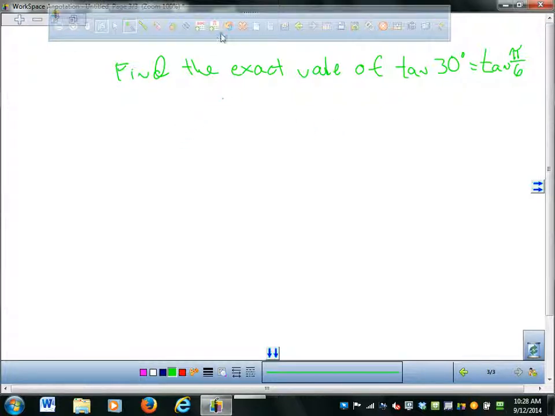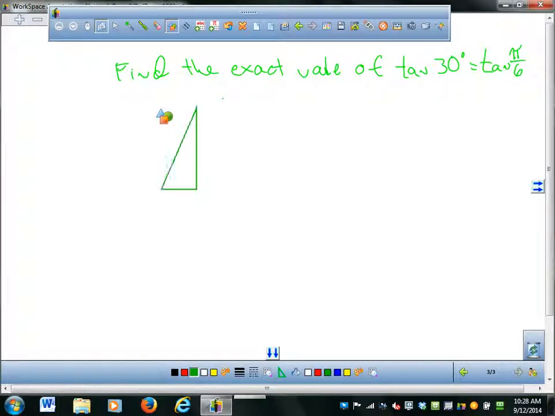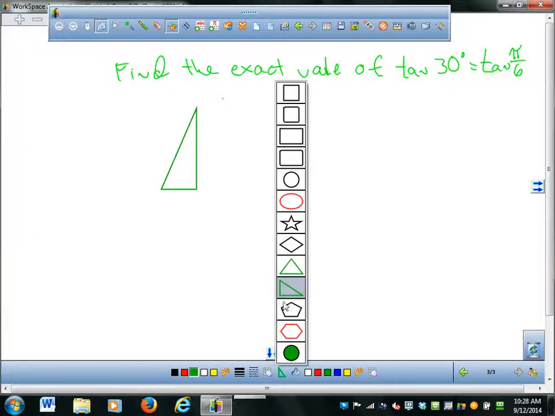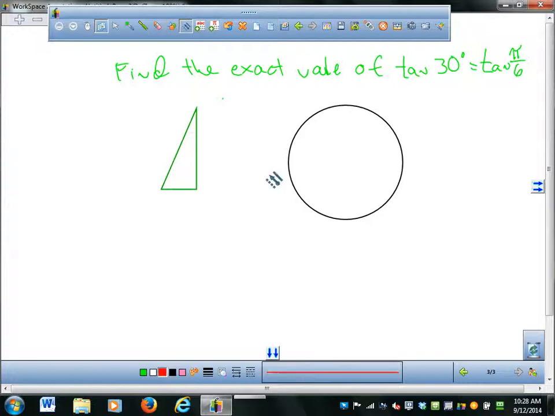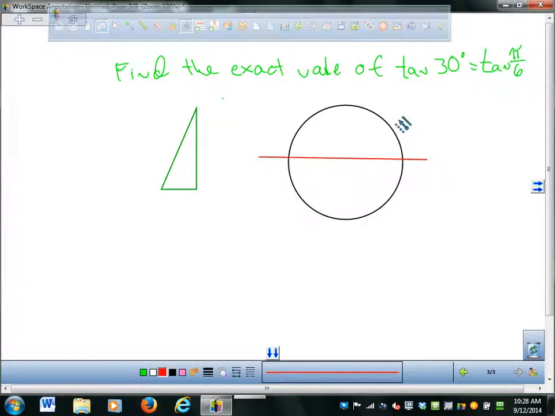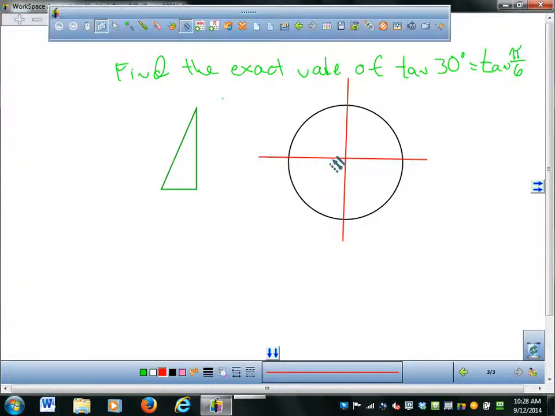And if you didn't remember that, you look at your unit circle. Whoops, that's not a circle, is it? You look at your unit circle, but you'll get better at this as you go along. And it's a lot easier if you memorize these things and you could go kind of fast. But